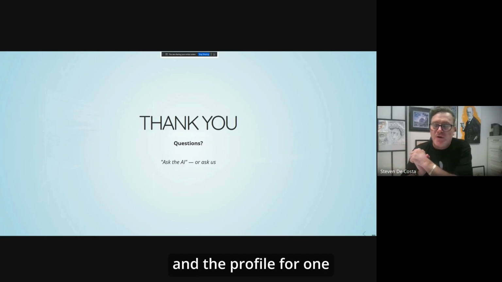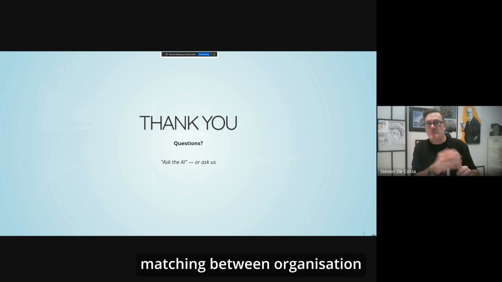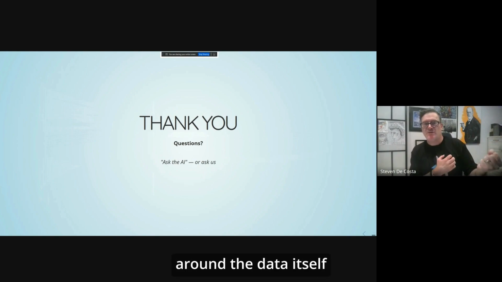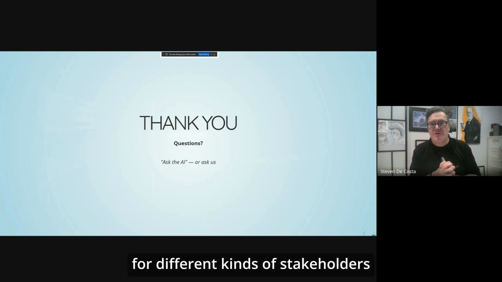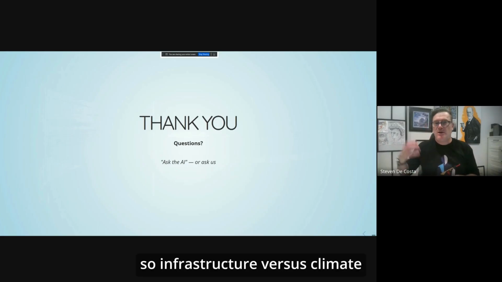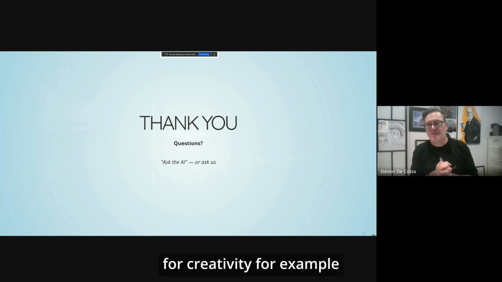The profile for one AI use case will relate to the matching between organizational requirements and user requirements around the data itself. And use cases will be different for different kinds of stakeholders. It might be a data domain stakeholder, so infrastructure versus climate might have different tolerances for creativity, for example.